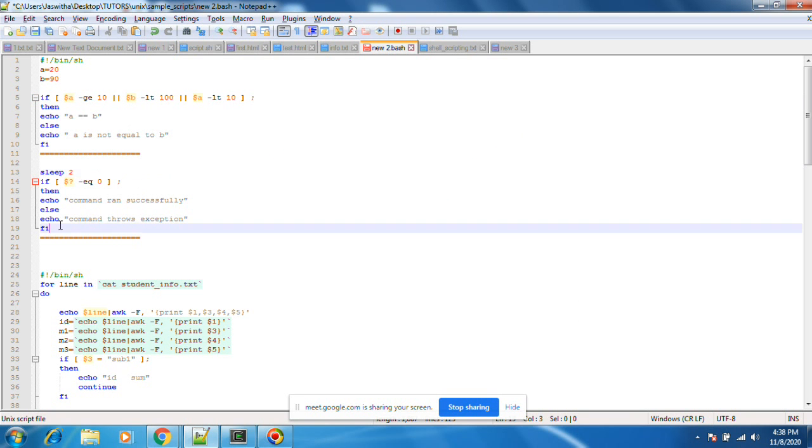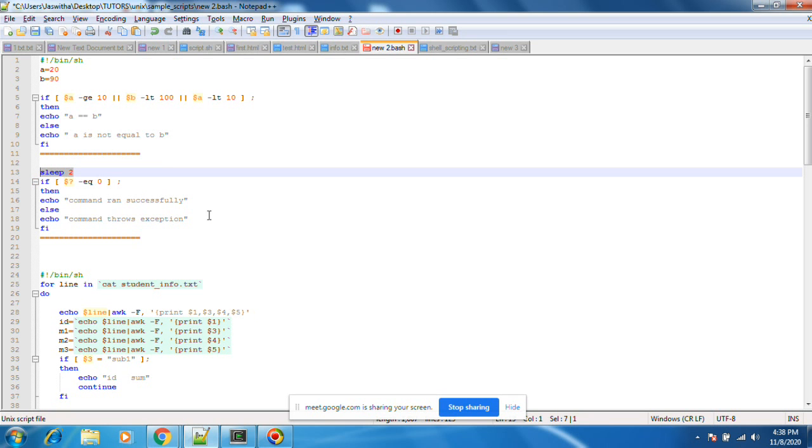Next if condition: suppose I am running some command, some shell script I have done. After that, I want to know whether the script ran successfully or not.